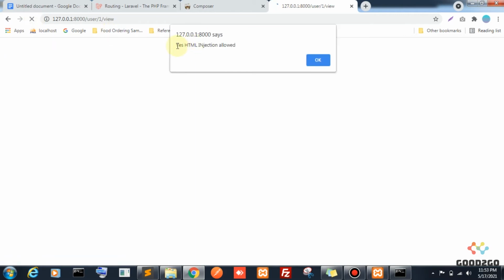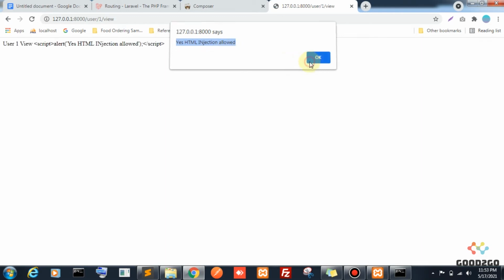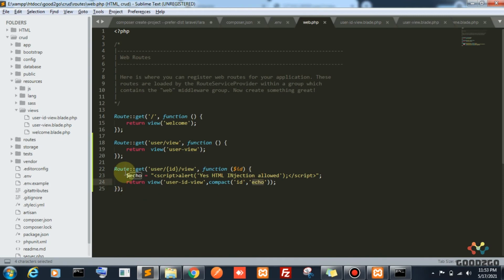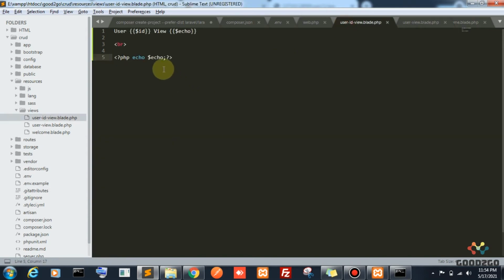Oh god, here is the alert message. Yes, HTML injection is allowed. See how it's running, because we are passing this script tag to this variable. This variable is passed to the blade file. Inside the blade file we are doing the echo with PHP echo.